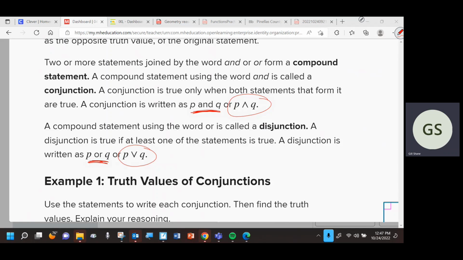So my question is, how are you going to keep the symbol for and different or separate, or understand which one is and, which one is or? Who has an idea that we can all use? What do you think? Good. You could just say, well, I know and goes up, or goes down, like you're talking about the vertex, like it's pointing. What do you have? That's what I do. I say, well, you know what? If I have this guy right here,